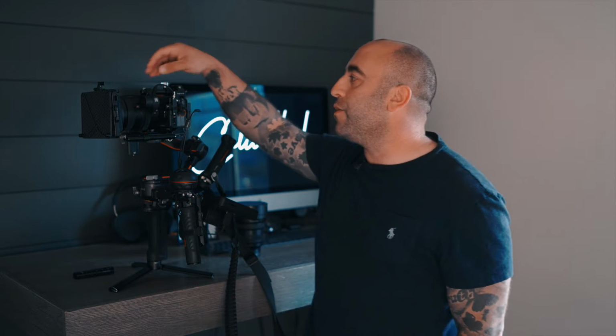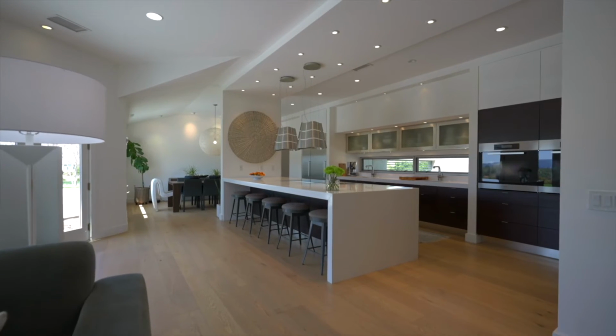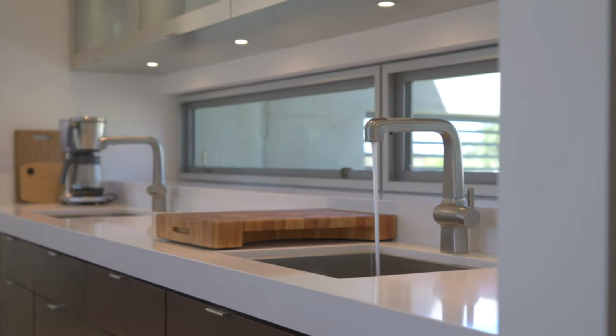The next thing I want to go over is my 16 to 35 millimeter 2.8 lens. The reason I chose this lens over the other ones that are available for Sony is because 16 I found is wide enough for most of the things I'm going to shoot, but it also allows me to punch in to get detail shots if I want to show off a feature of the home like the sink or the fireplace, and I can get a lot more reach because I have the 12 to 24, but there's two reasons